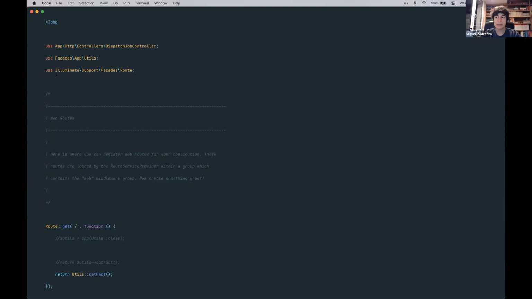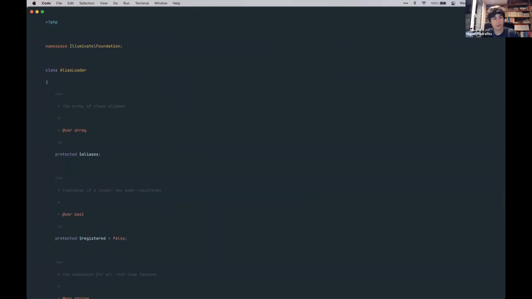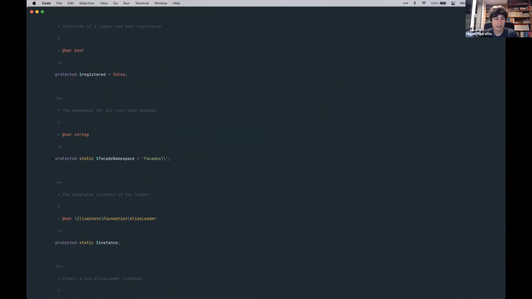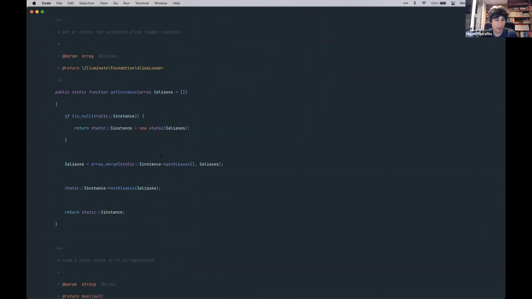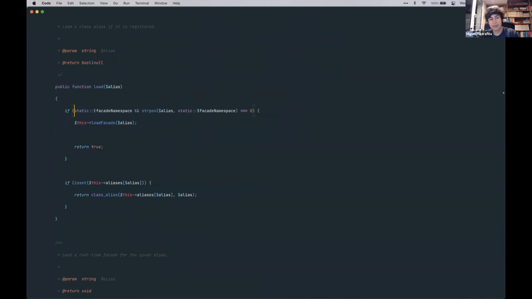So how does this work? When I first started looking into this, because I wanted to know how it was implemented, I thought this would probably live in the container, but it turns out it lives in Foundation, specifically in the alias loader. So this has a facade namespace registered, which is facades, and it will check if the class we are trying to access starts with that namespace, and if it does, it will call this load facade